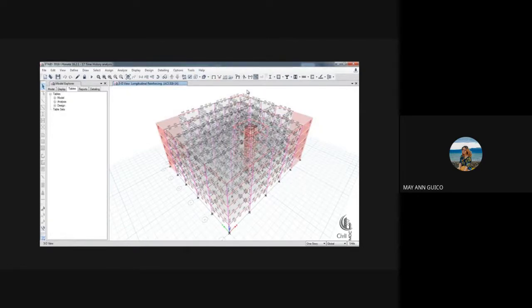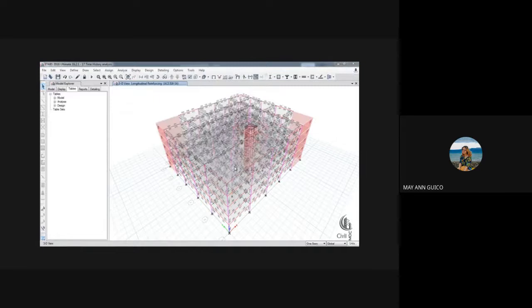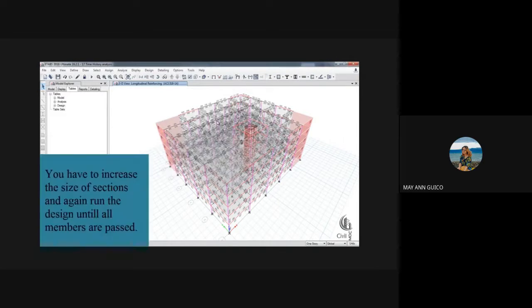And now the design is complete. Okay, check design, concrete frame design, and verify. 86 concrete members failed in the design check. Do you want to select them? No. So for example, if we want to see the forces,